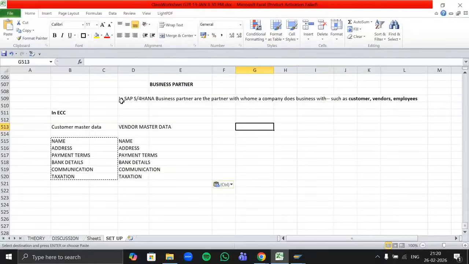Our company also interacts with employees, right? Employees work for us, but we do interact with them, so their basic data will also be stored in the business partner. Only one role will be maintained for employees, not the other two roles which are used for customers and vendors.